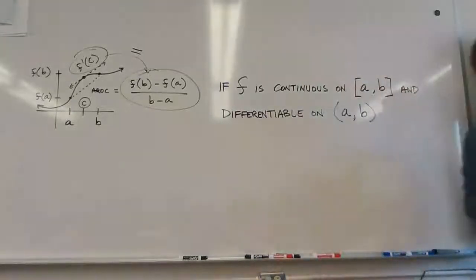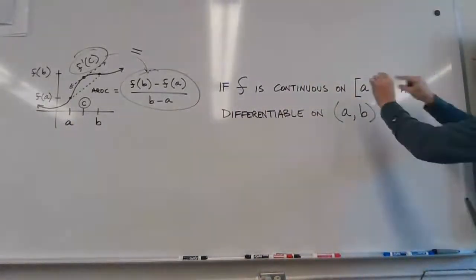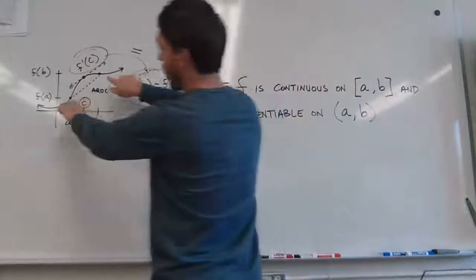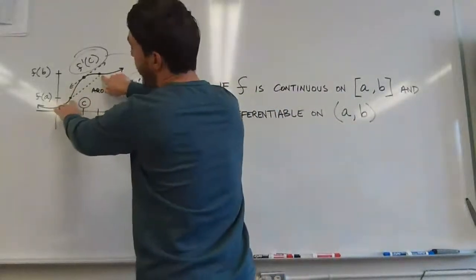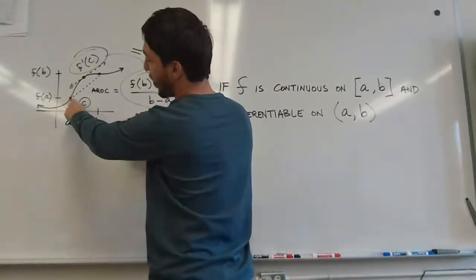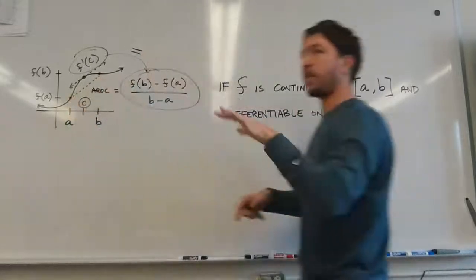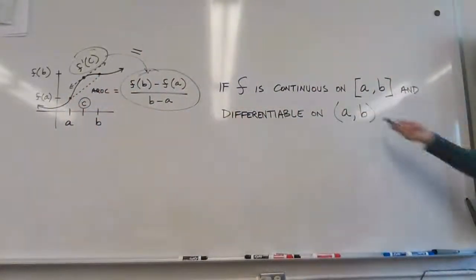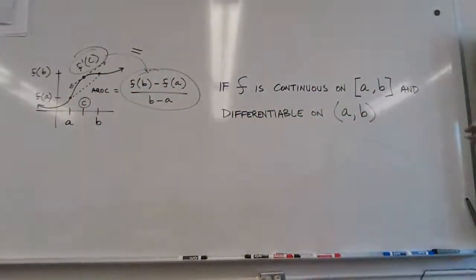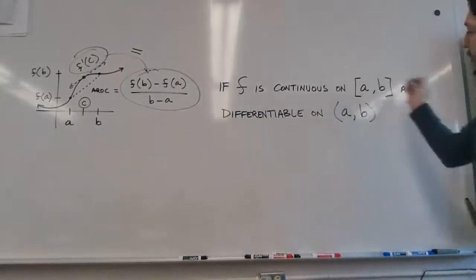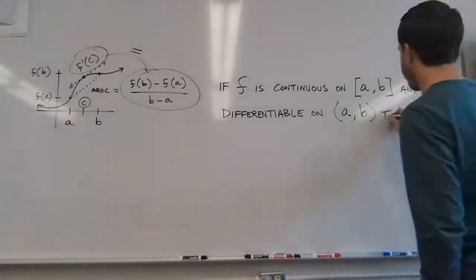So it's got to be continuous up to and including the endpoints, but technically it can be pointy right there or right there, and the theorem would still apply. So if f is continuous there and differentiable there, then